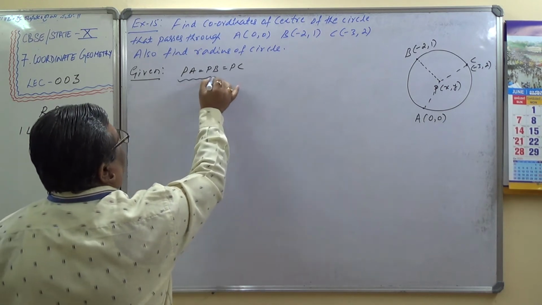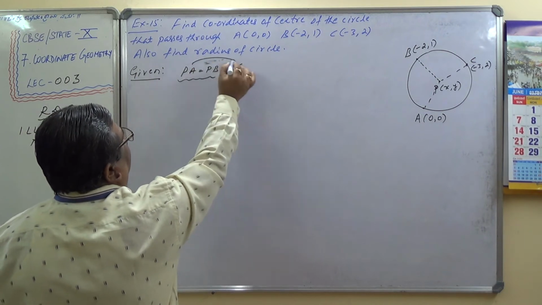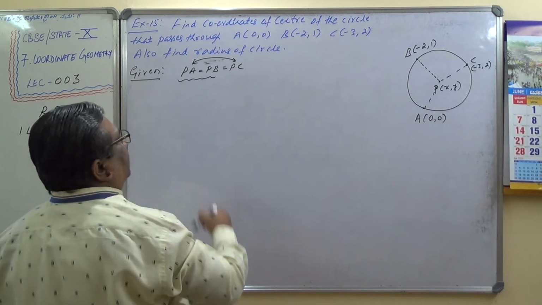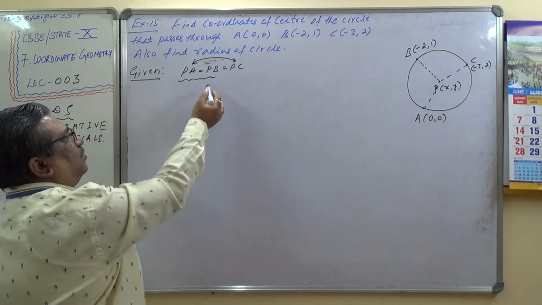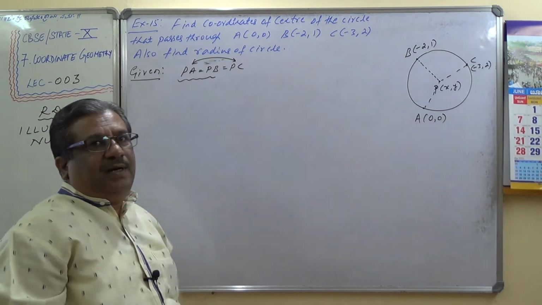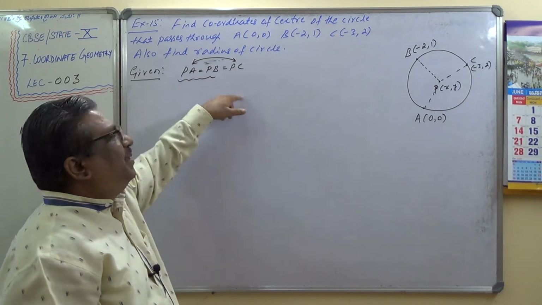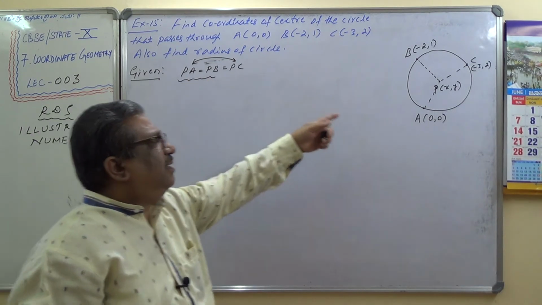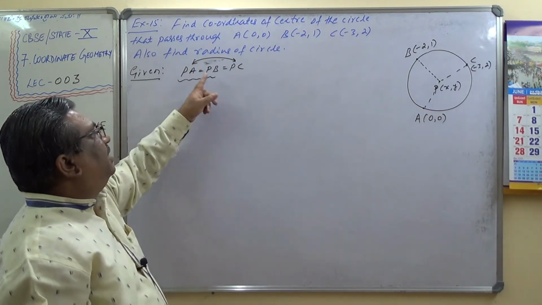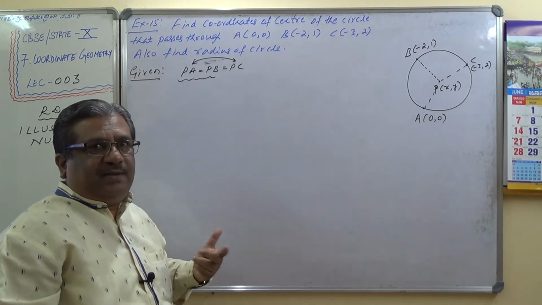First I'll take these two, form one equation. Next I'll take PA and PC, these two, and form the equations. Solve those equations. You can take PA equals PB once, PB equals PC once, another time PA equals PC, but actually how many unknowns are there? Two unknowns, x and y, we have to find out. So I require two equations. How to find out? Equate PA is equal to PB once and PA is equal to PC once, and square it. That way you can do it.